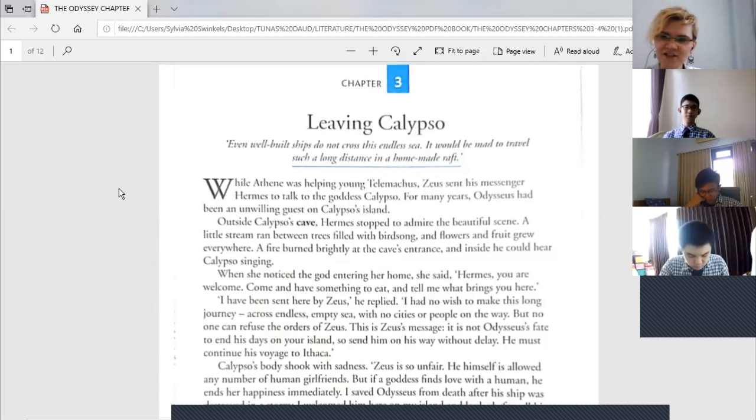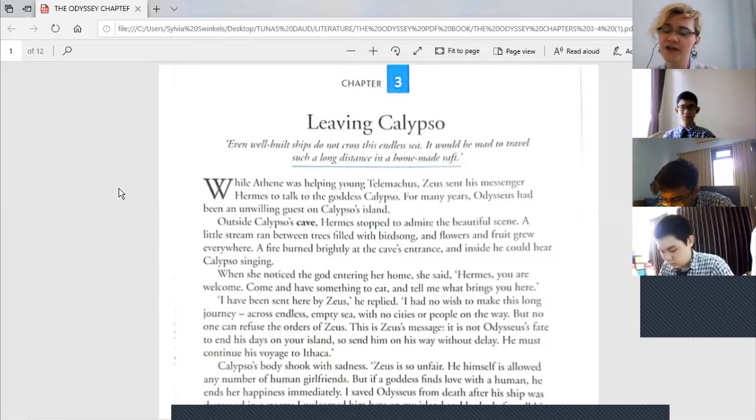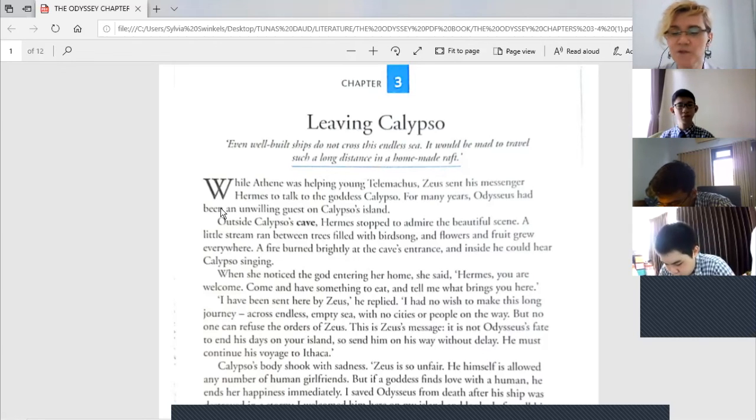So basically what I read just now, which in the original book, chapters 3 and 4, was still about Telemachus returning from Pylos to Sparta, and from Sparta back to Pylos in order to return to Ithaca, and the suitors plotting to kill Telemachus, and Penelope being afraid but being told not to worry. So that is the original book up till chapter 4. Now we are in chapter 3 of our edition, our adaptation of the book, which talks about